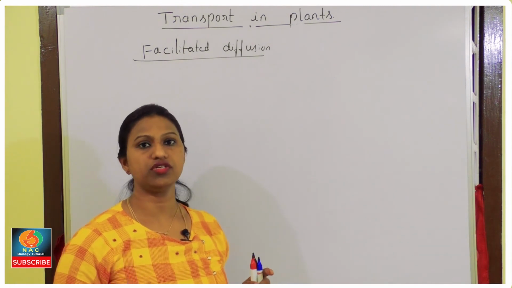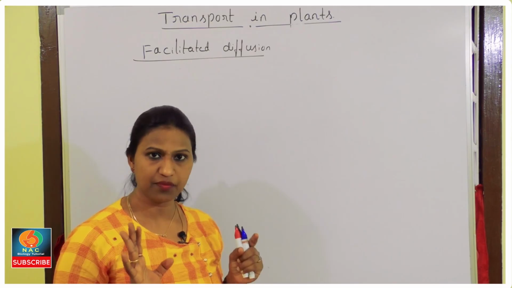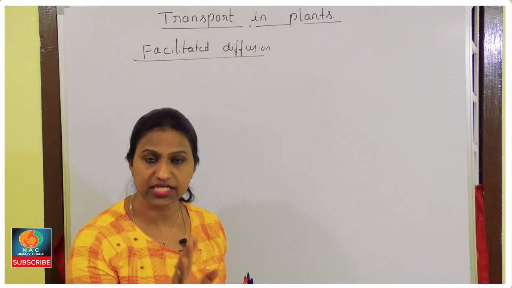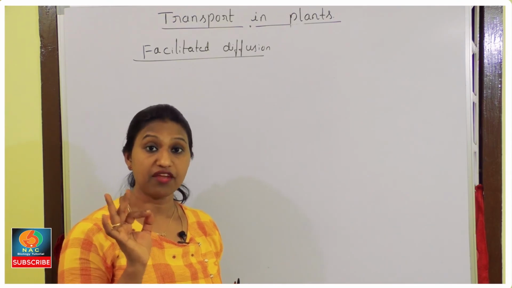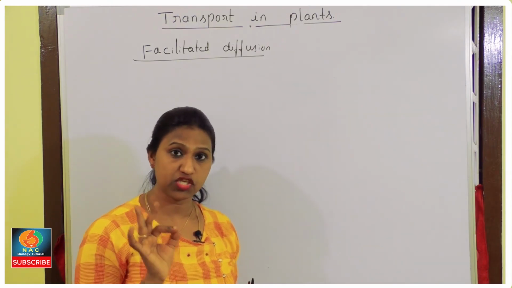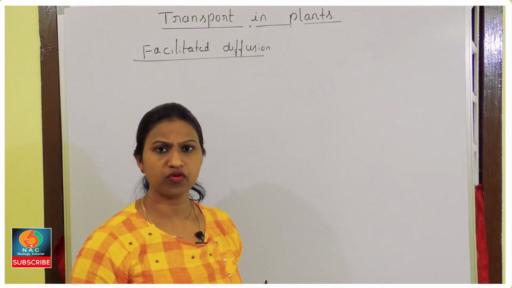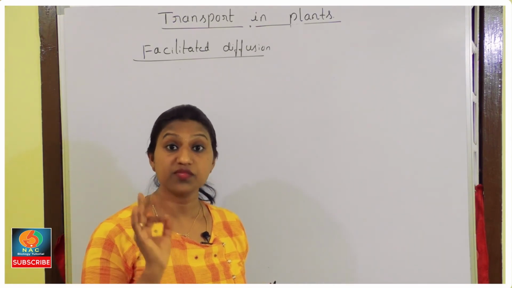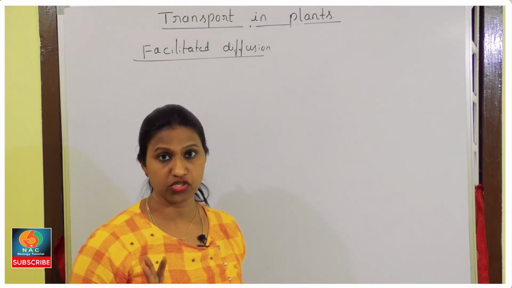Now we have understood what exactly facilitated diffusion means. That means with the help of a protein, the molecules are moving inside the cell as well as outside the cell. Whether it is a channel protein or certain other molecular proteins, they are very, very specific. They are sensitive to inhibitors. They can reach saturation.